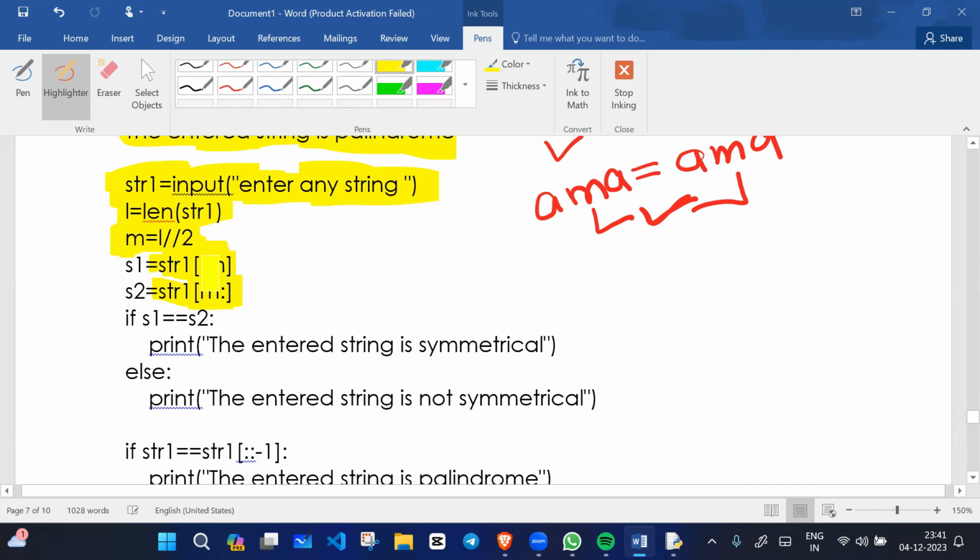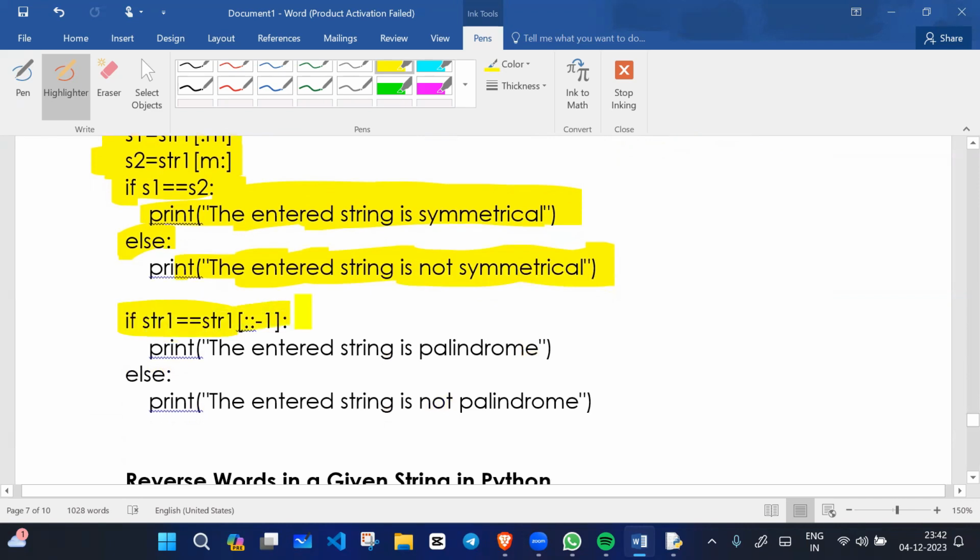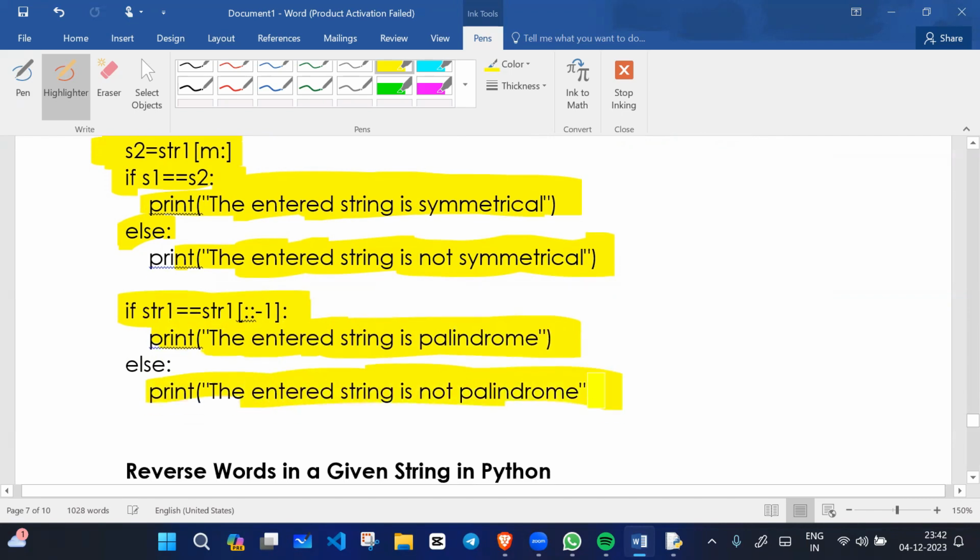Okay, there is no start value, only a stop value is mentioned, and here a start value is mentioned and there is no stop value. So we have s1 and s2. We will check whether s1 and s2 are both the same. If so, we will say this is a symmetrical string, otherwise we will say the entered string is not symmetrical. And this is the palindrome logic. We will reverse the half part of the string, and if both are the same, then we will say the entered string is a palindrome, otherwise we will say it is not a palindrome. Okay,